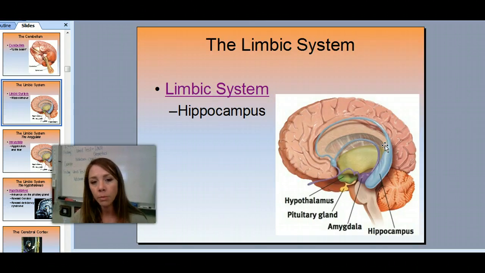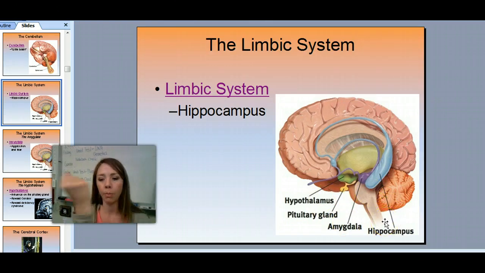Your limbic system, then, this is having to do with your hippocampus, my amygdala, and my pituitary gland. So let's keep going up. If this is my brainstem, it goes up to my thalamus and my hypothalamus. So my hypothalamus, remember, is my 4 F's: feeding, fleeing, fighting, and mating. So remember those. My hypothalamus is in charge of all of those things that are responsible for my pituitary gland, and that my hippocampus is